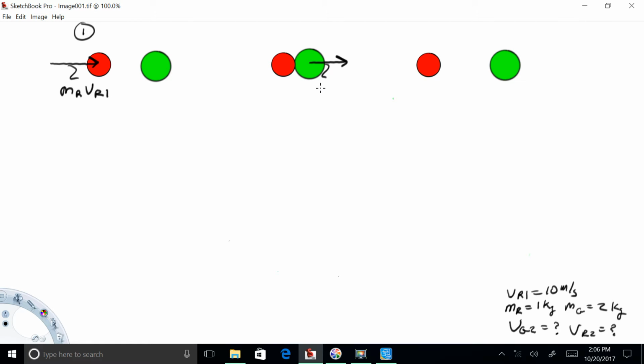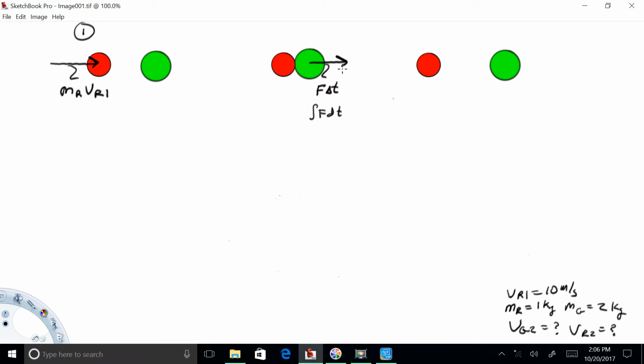An impulse, again, we could write it a couple different ways. I'm going to go ahead and just call it F delta T, where the F is some sort of average force. And if you're familiar with the language of calculus, we could also write this as the integral of F dt over some time interval, over that really, really small time interval. Now, Newton's third law,